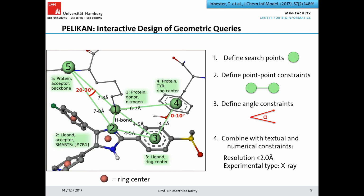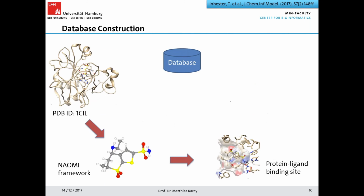You can ask for certain resolutions, for an experimental type, maybe for a certain range of EC numbers, for an organism or whatever. And then you can shoot out the query and get the results. So the technology behind it